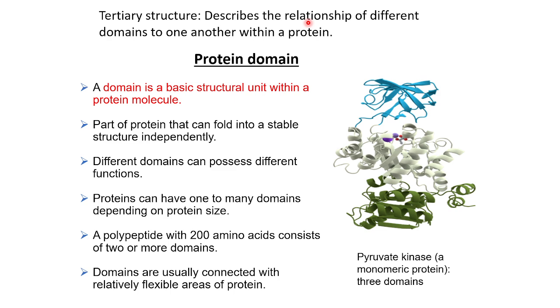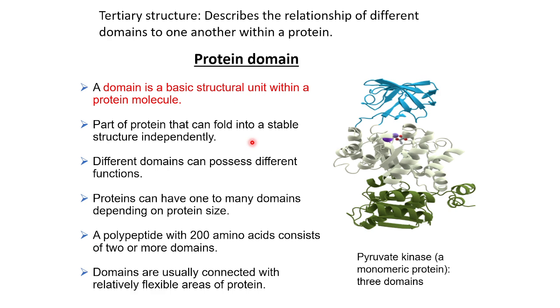So like a beta alpha beta can be a motif, but if this beta alpha beta domain is actually maintained for a long period of time, then we can call it a domain. So a part of the protein that can fold into a stable structure independently, we call domains or motifs. Now different domains can possess different functionalities,